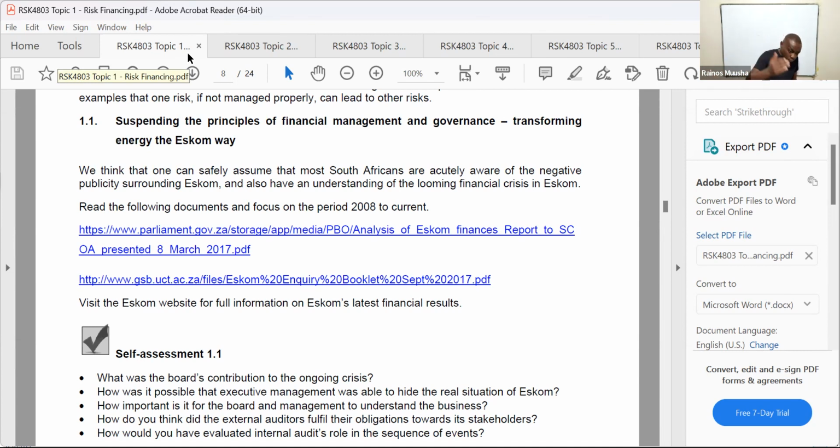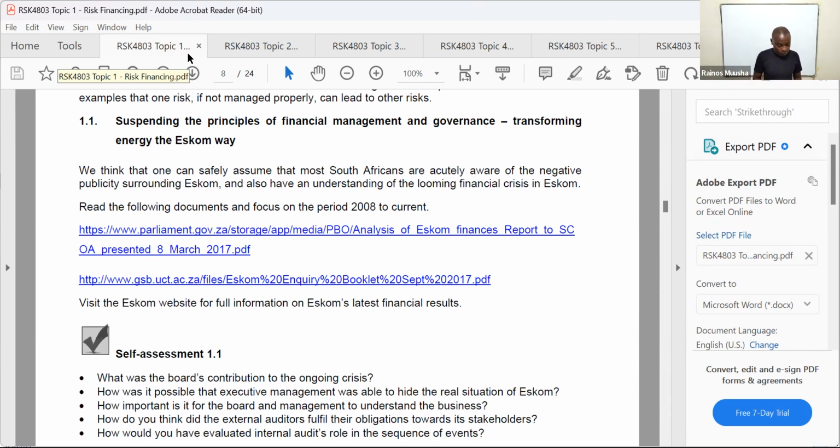Go through the articles, go through the case studies, but don't spend too much of your time when it comes to preparing for the exam, when it comes to unit 1.1 to 1.4. From a real life perspective, yes, it's important so that you're able to understand exactly where risk management failures are and how they materialize. But when it comes to the preparation for the exam, don't spend too much of your time going through these